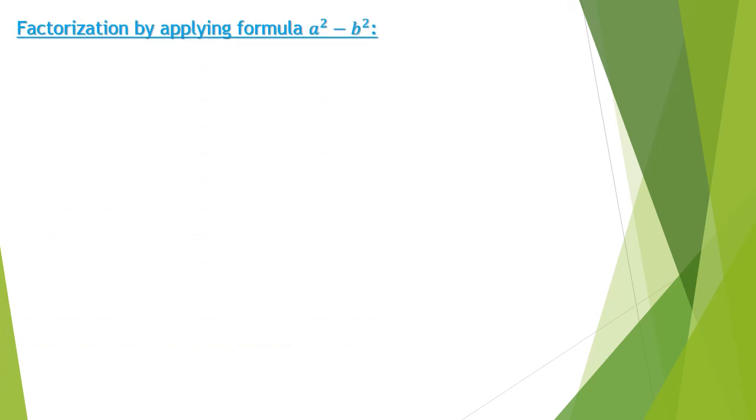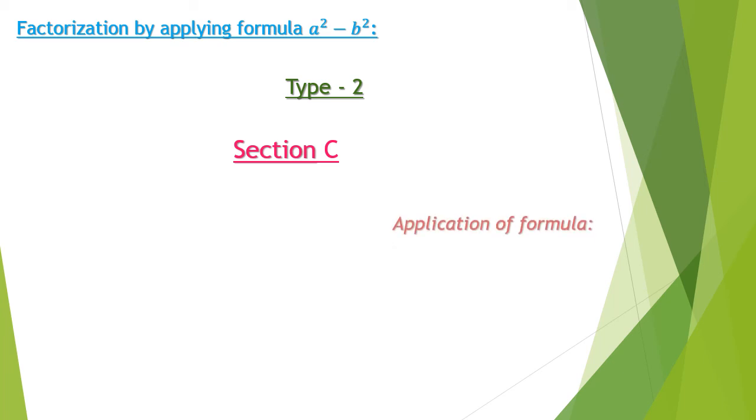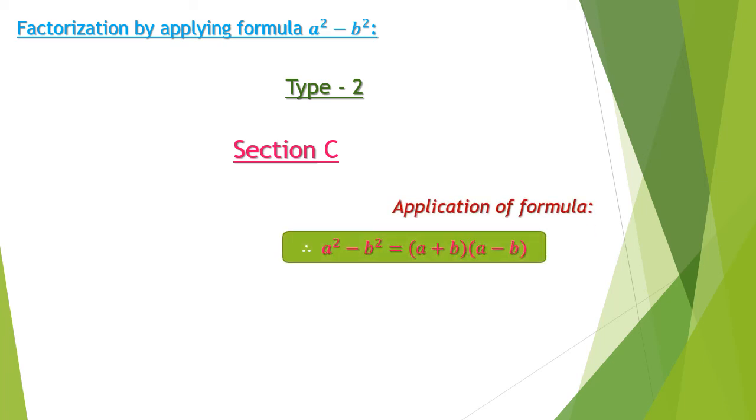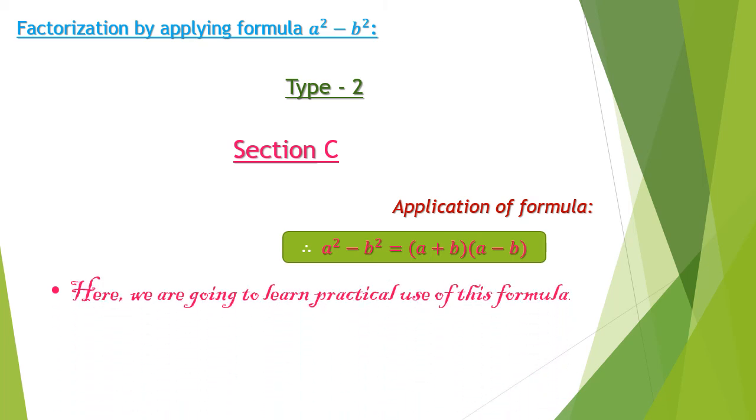Now factorization by applying the same formula, it is type 2 section C, and here what we are going to do is application of formula. It is used in a practical way. We are going to learn the practical use of this formula, in the sense that in engineering or in any construction, in our practical life. Example 1, find the area of